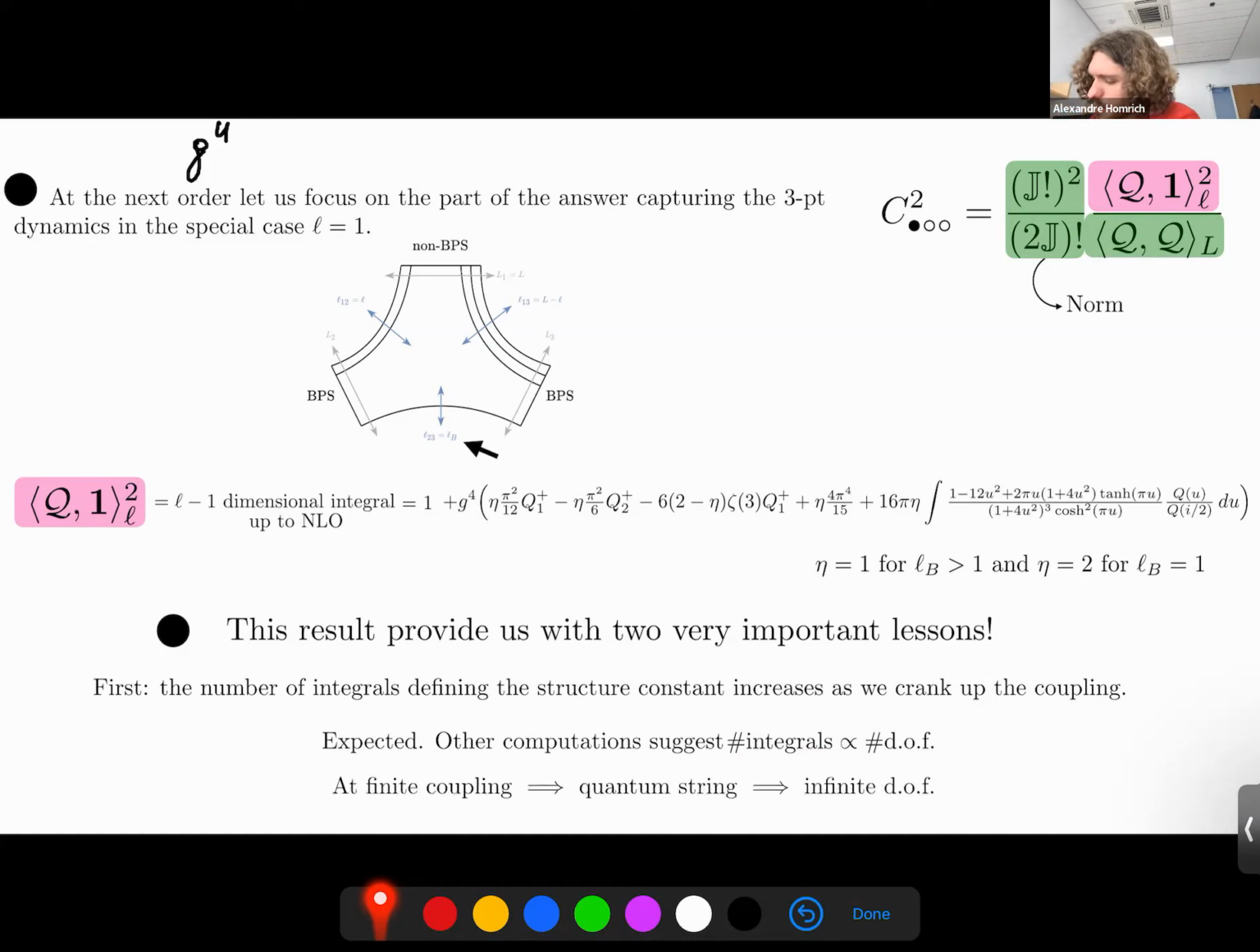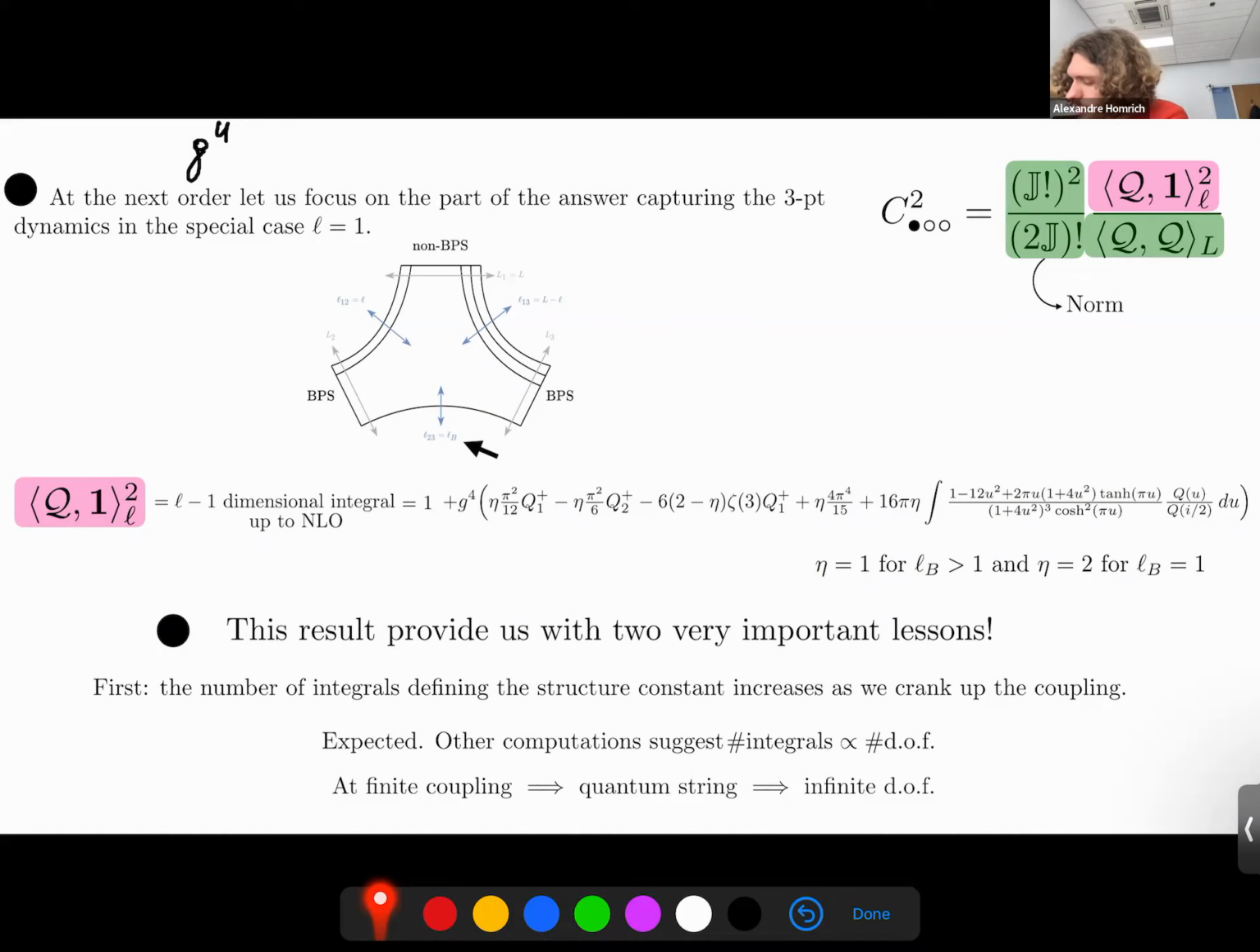And of course, as we crank up the coupling, in particular at finite coupling, we're really describing quantum strings that have an infinite number of degrees of freedom, no matter how short they are. They're no longer spin chains whose number of degrees of freedom grows with the size, but really objects with an infinite number of degrees of freedom. So there is that. But then there is one very promising